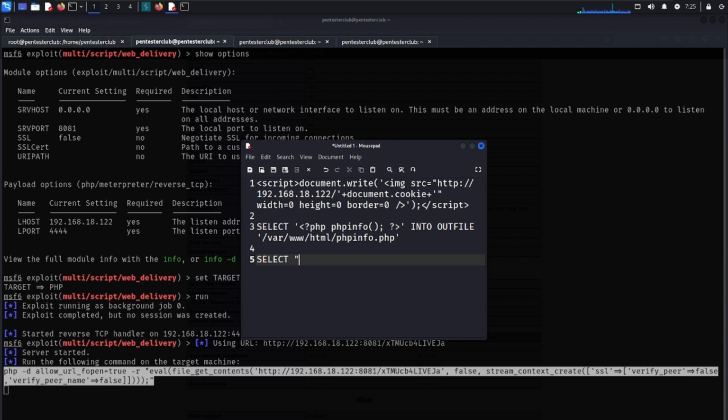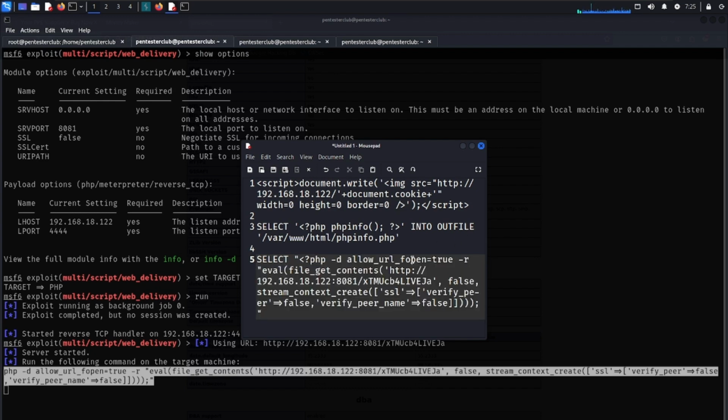Let me paste this entirely as PHP. I think we don't require this to allow_url_fopen true. Now let me just, okay. Now once this is done here,